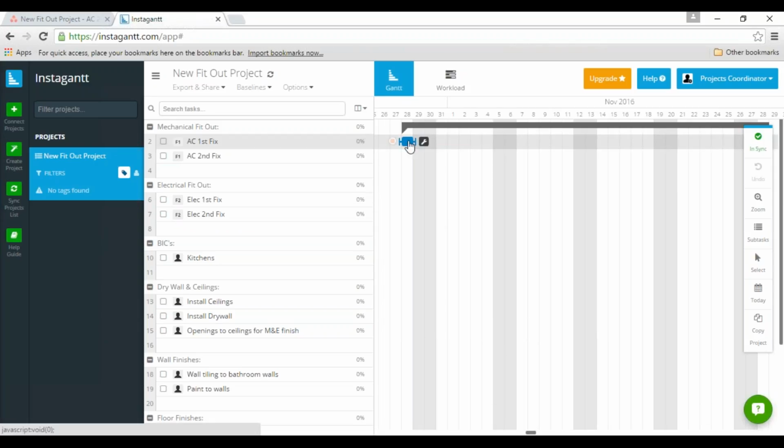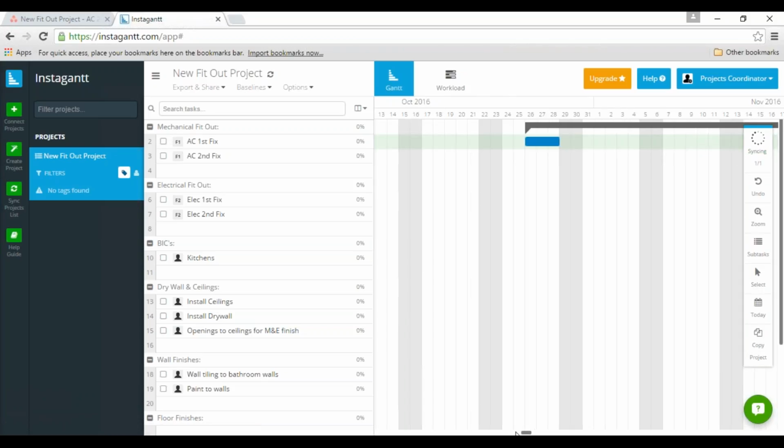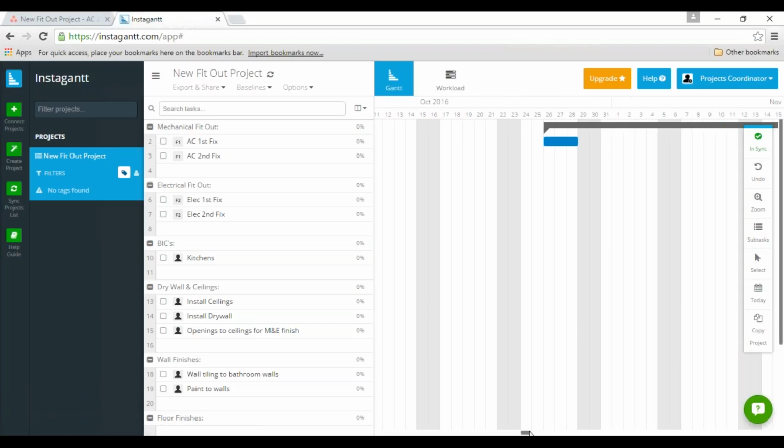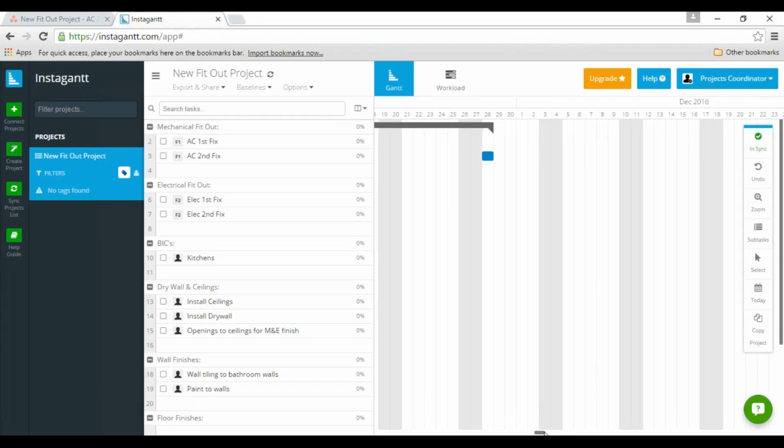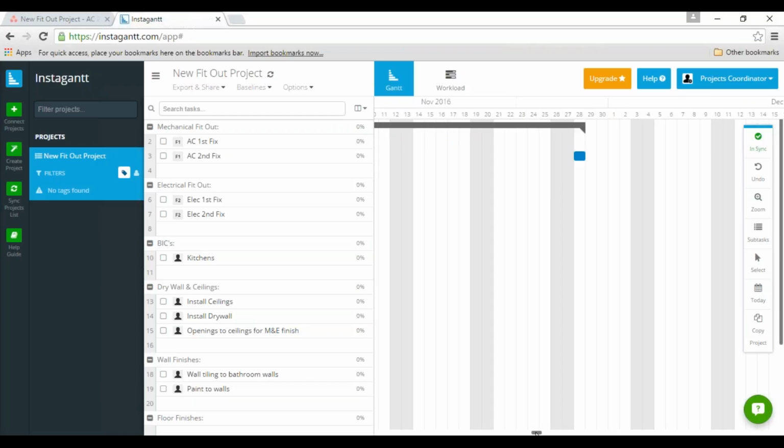Now, the good thing about instagantt is we can create a duration to say when we want this to start and to end. Now we can drag this across and say, look, we wanted this to start on the 14th. That's our first fix, and we want our second fix